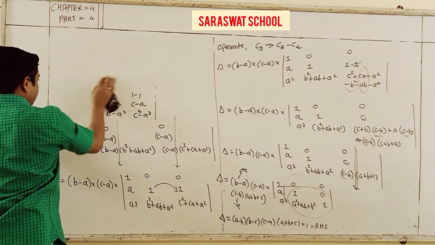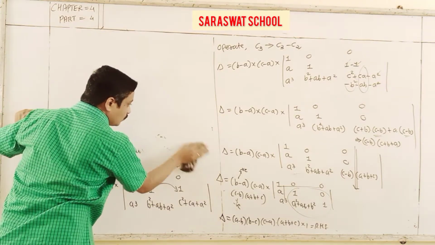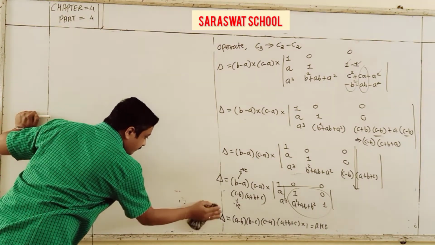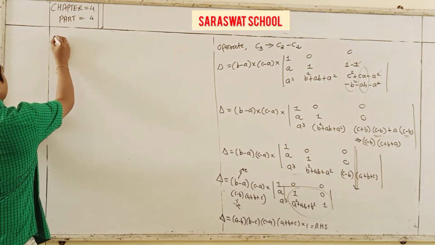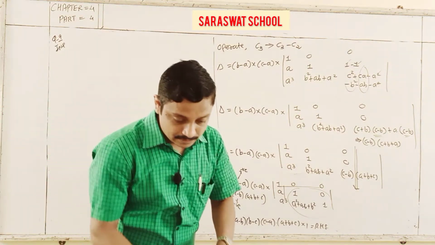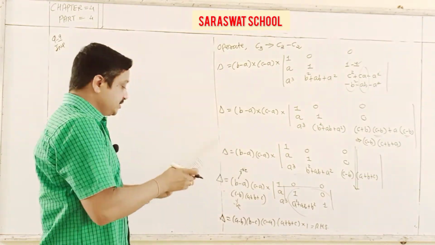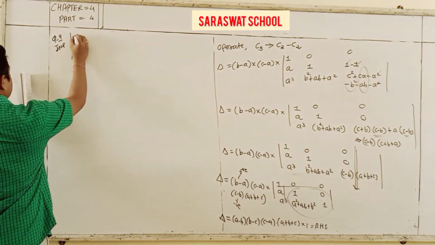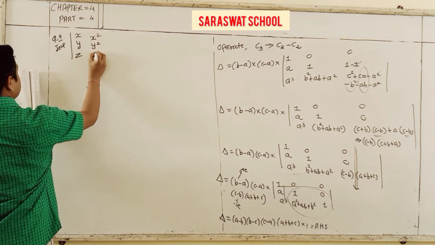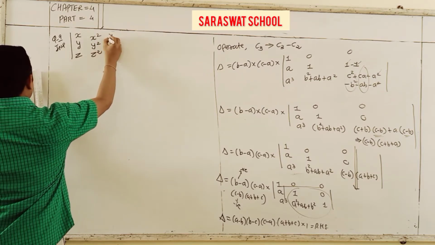Similarly, we'll go ahead to question number 9. Question 9 is also important for exam level students. It is a big question: the determinant with rows x, y, z; x square, y square, z square; and yz, zx, xy,